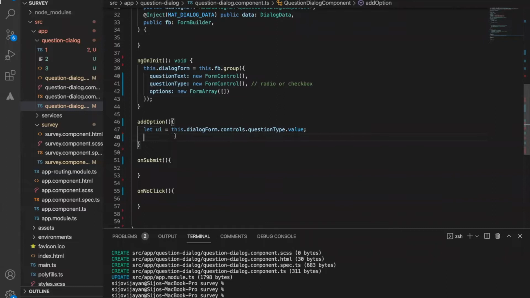I mean a new control. Okay, a set of controls. So that's why I define it as UI. Now the next thing is, based on the input we are getting, we need to add new controls into these options, right? So for that, we can put some data into these options. How can we do that operation? First of all, we need to copy these options. For that, I will tell you what we need to do.